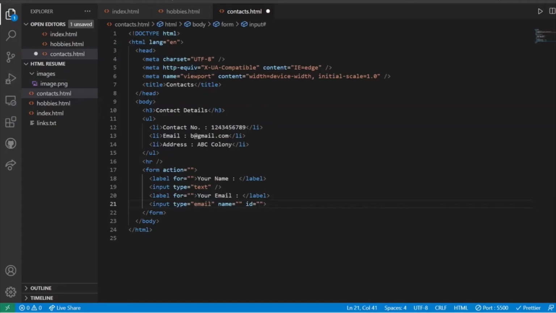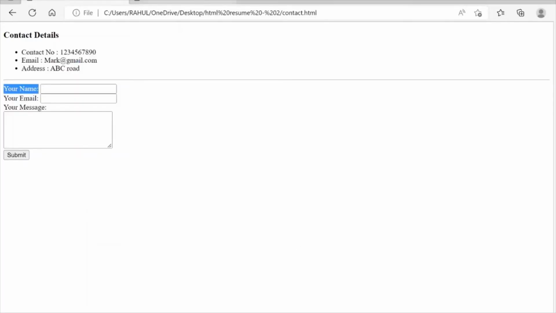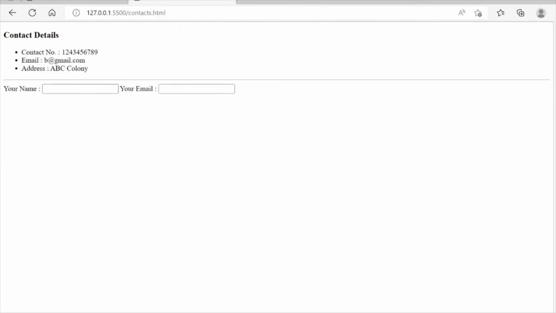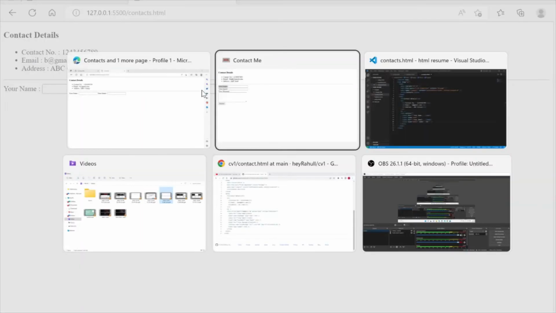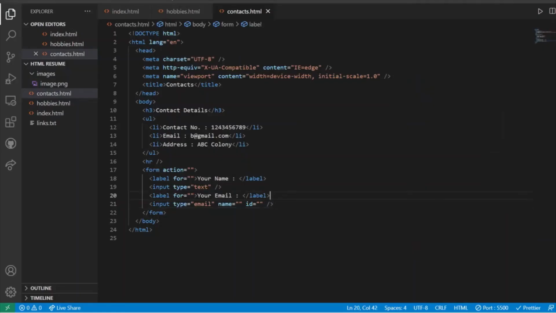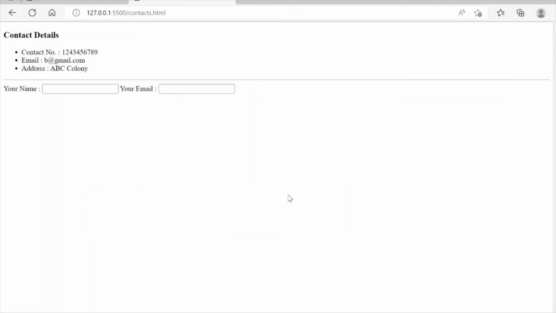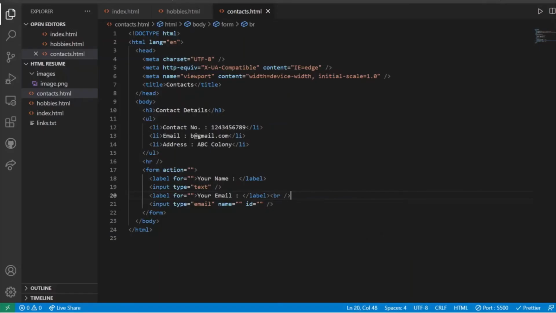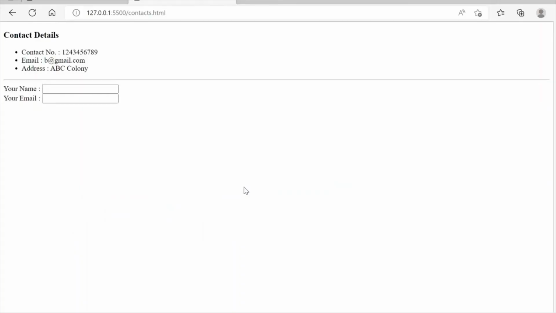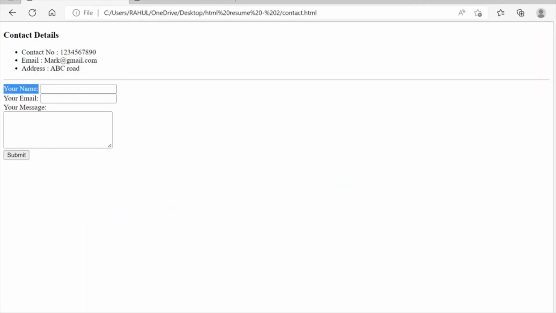Let's hit save and check. Yes, email. Now we need them in different lines, so let's add a line break. I have added a line break at the wrong position. I'm going to put it here. So you can see your name and email are now done.